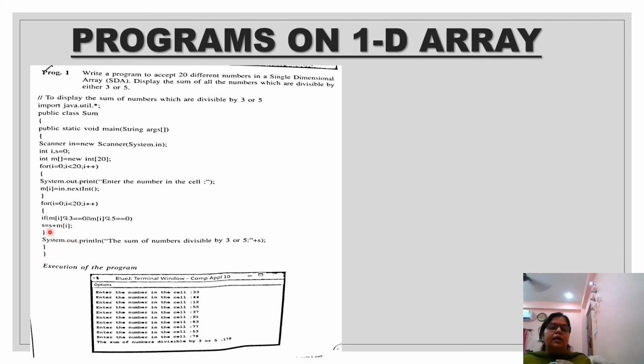So here is the sum syntax. Now this is your printing statement and it will print the whole sum. See here the output, it will come in your terminal window. So make sure you run it in your system.